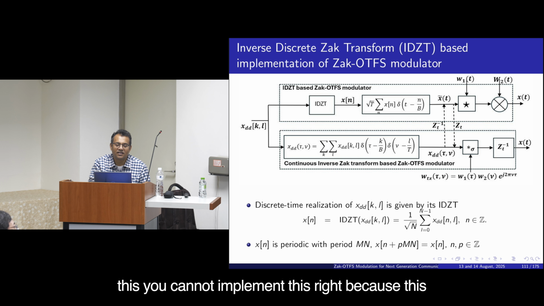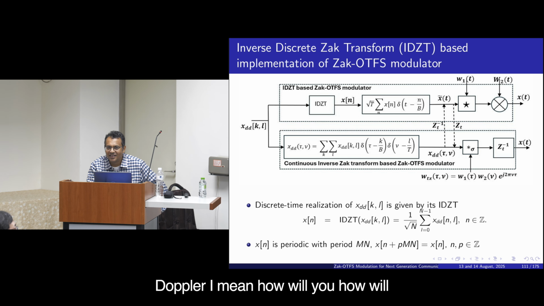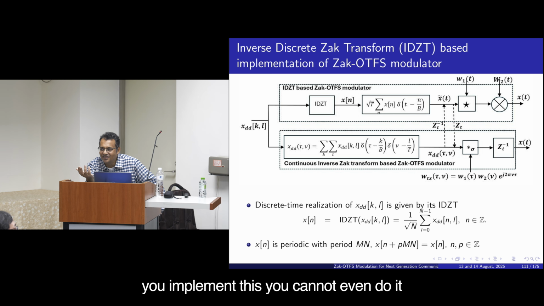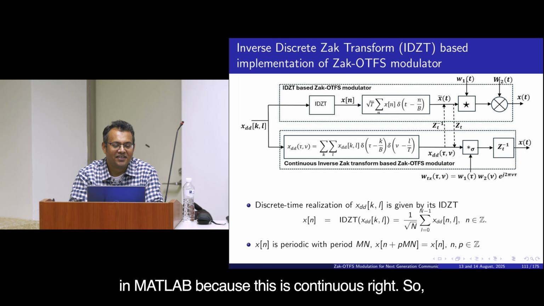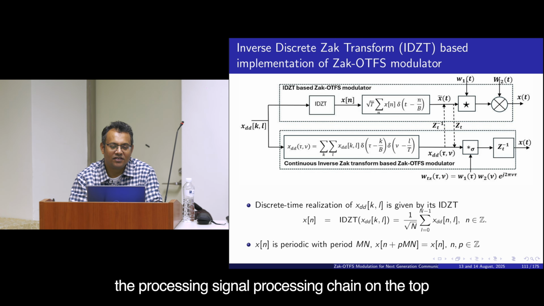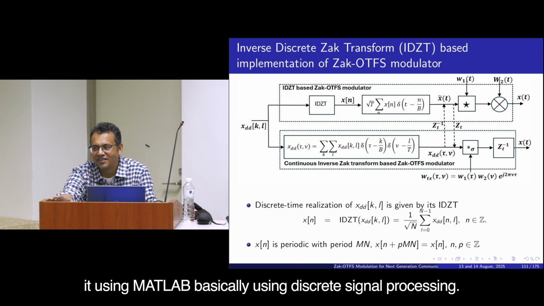But you cannot implement this, because this is all continuous. This is all continuous delay Doppler. How will you implement this? You can't even do it in MATLAB because this is continuous. So the signal processing chain on the top is basically telling you how you can do it using MATLAB,